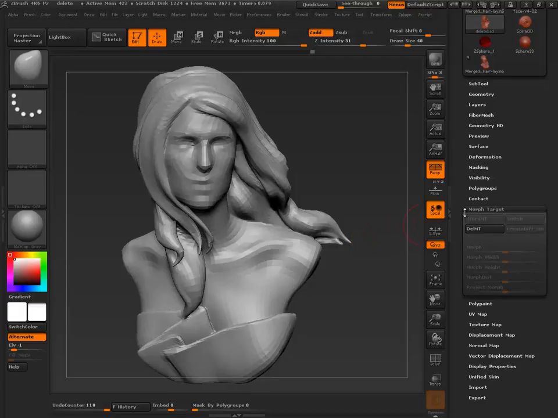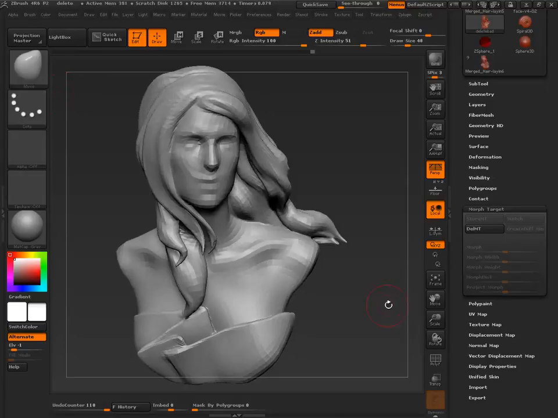Did it delete the morph target? What do you guys think? Do you think it deleted the morph target, or where's that morph target now? This is actually a small question, but it's kind of important. Preacher has it. Delete morph target is still active. So that means it did not delete the morph target.